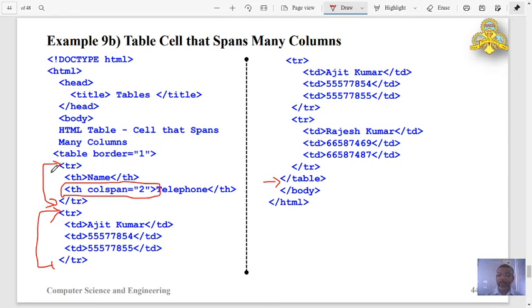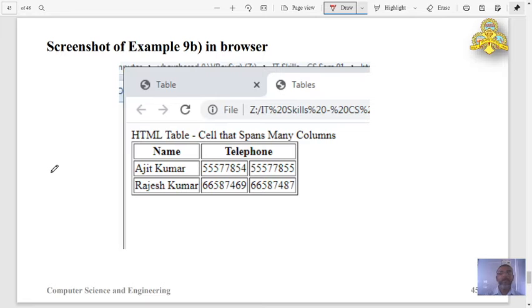So when I open the code in a browser, I will get the display like this. Then you will understand it much better. Here is table row heading, and the second cell spanned into 2 columns, and these are the normal rows.